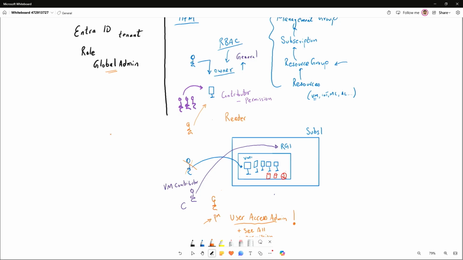In this case, the global administrator that I have in my tenant has an ability to go into my tenant and say, hey, I want to take control over the subscriptions and all the resources that we have in here. Now, if they choose that option, given that they've enabled that feature, this should allow them to go into any subscription and assign themselves a role.